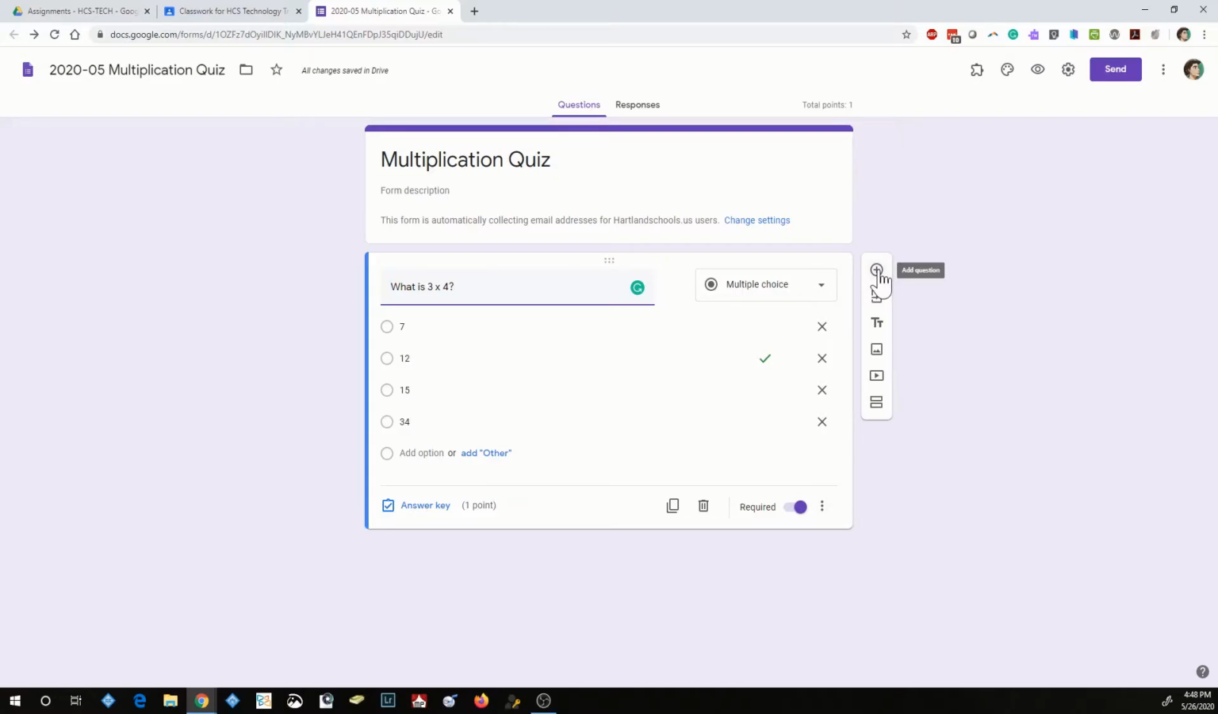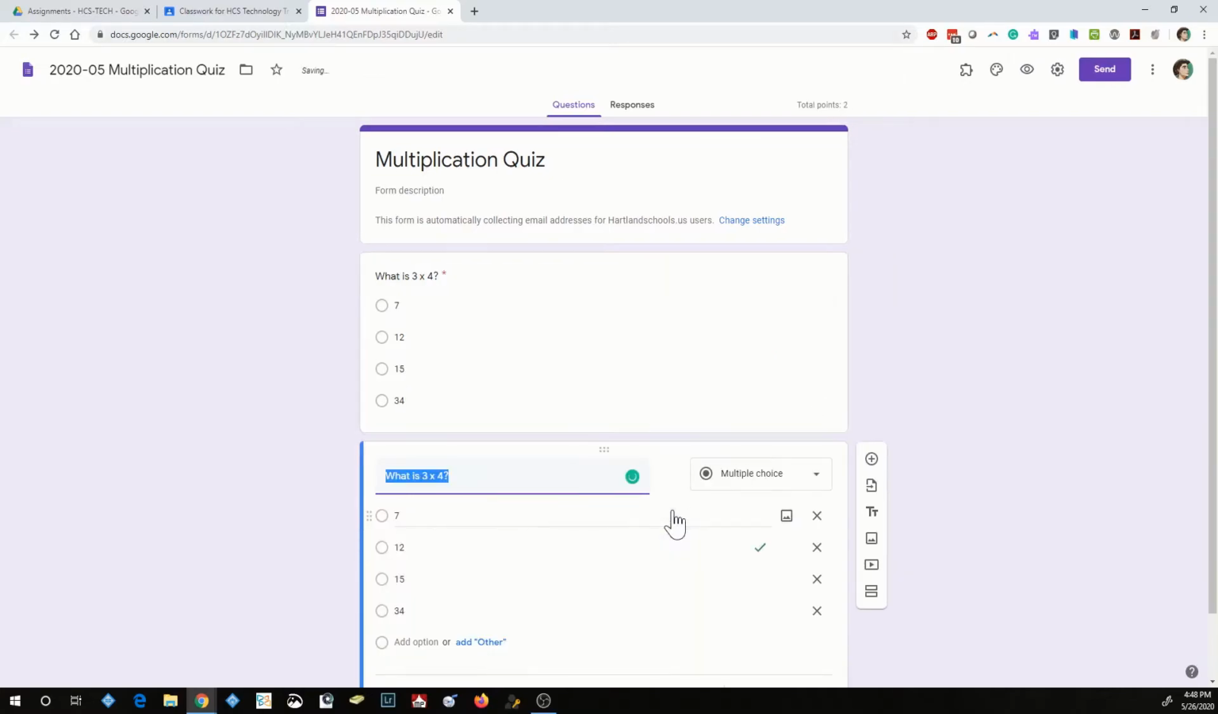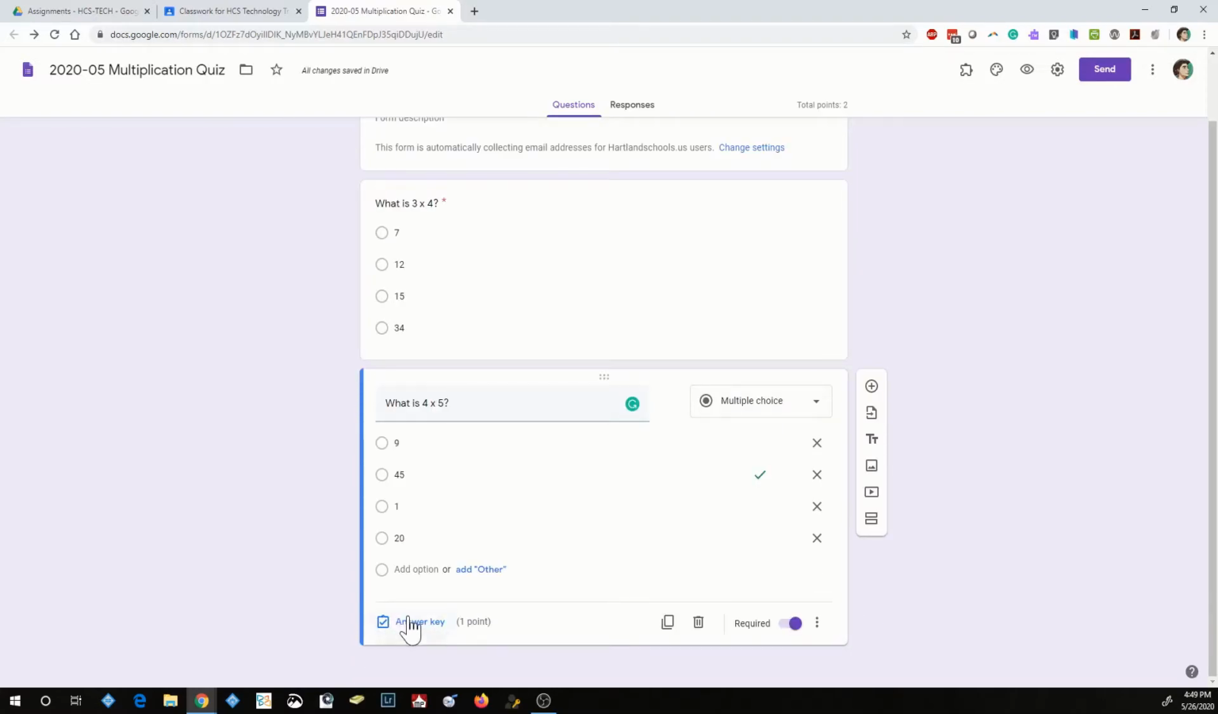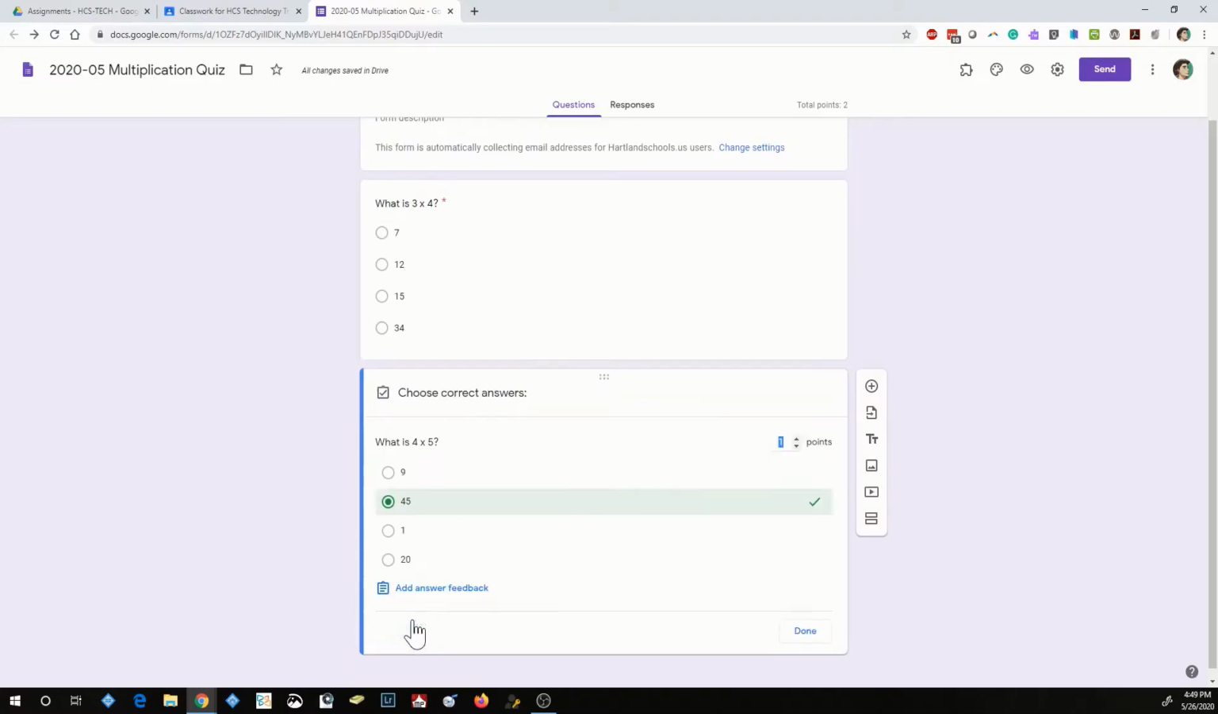But there's a shortcut. If the next question is going to be a multiple choice question similar to the one that we just did, you can click on this little duplicate button down here. And that will duplicate the question exactly as the previous one. You can then just edit the question and edit each of the answers. Again, you have to edit the answer key,